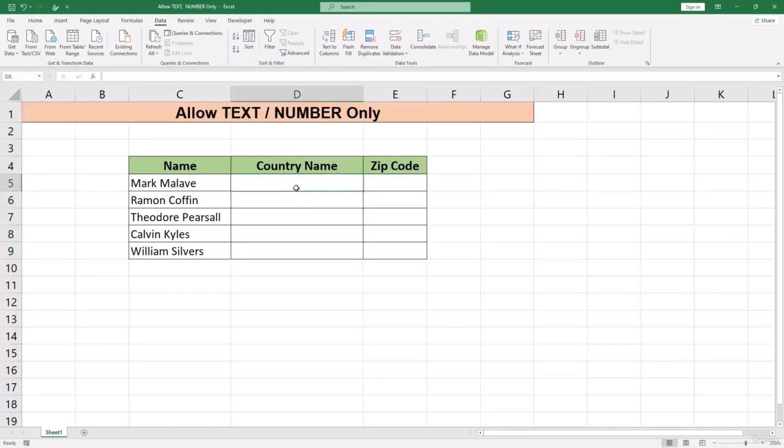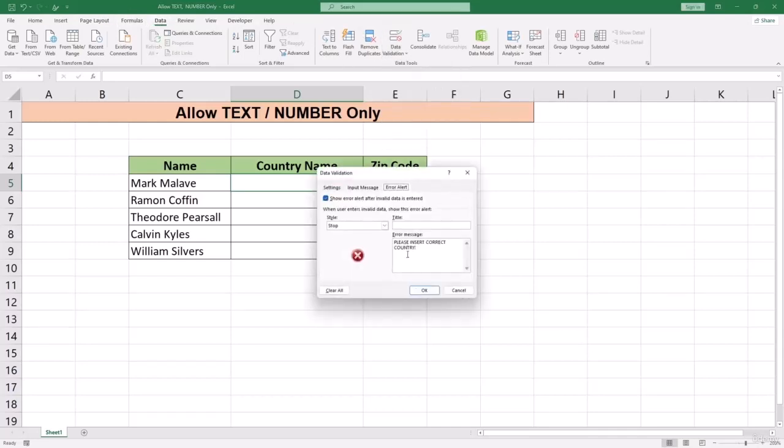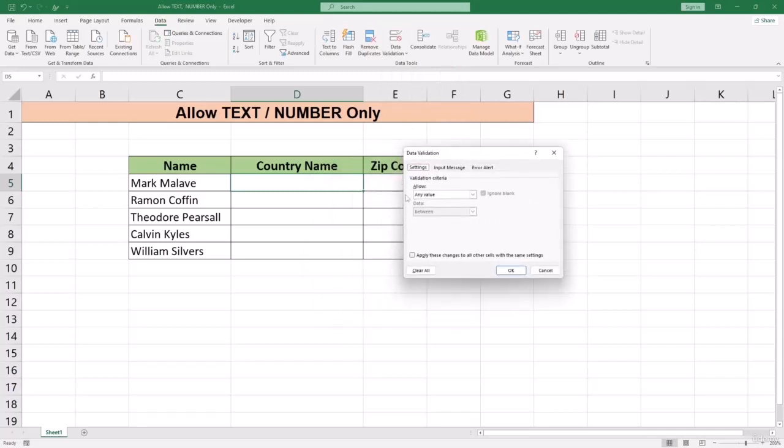When somebody inserts USA, the country name will allow it. But if I insert a number, it won't allow it. So how can we do that? Right now we haven't done it. For doing that, we have to go to the ribbon and find Data, and on Data we need to select Data Validation, and in Data Validation we will select Custom, and then we have to place a